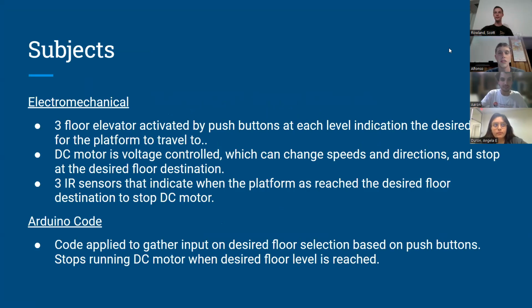This is our MXCT 375 project. Subjects include electromechanical and Arduino code. Within the electromechanical, we have a 3-floor elevator activated by push buttons at each level to indicate the desired floor level that the platform needs to travel to. The DC motor is voltage controlled, which can change speed and directions and stop at the desired floor destination. 3 IR sensors indicate when the platform has reached its desired floor location to stop the DC motor at